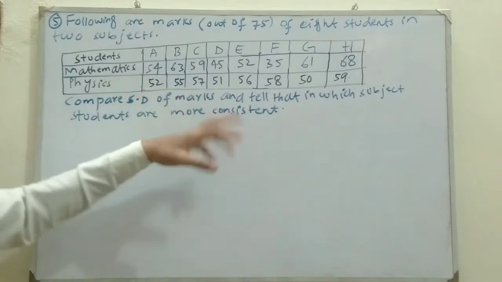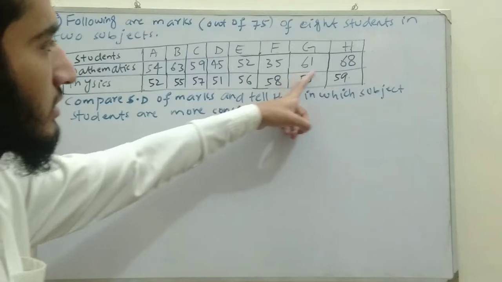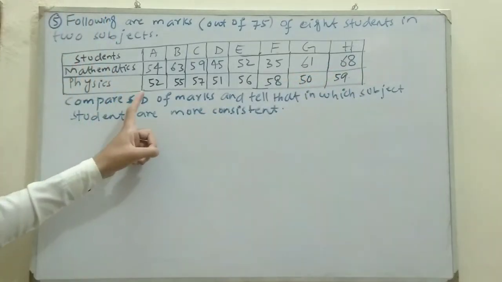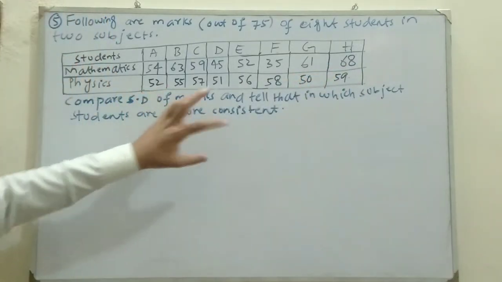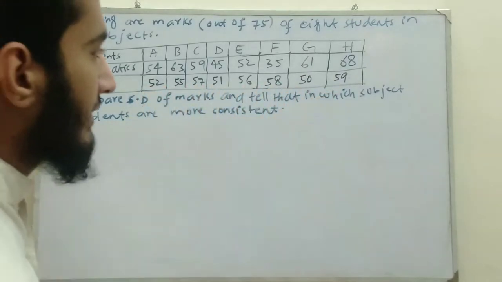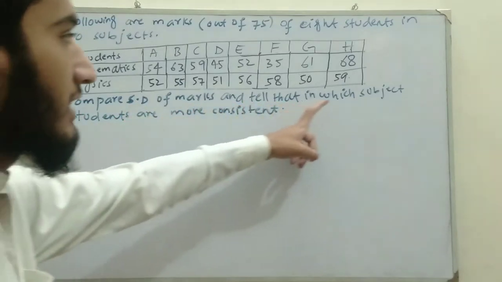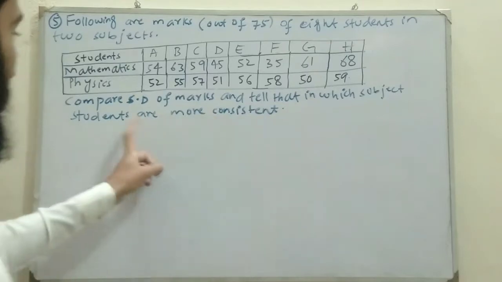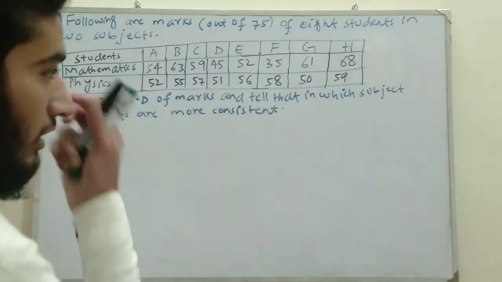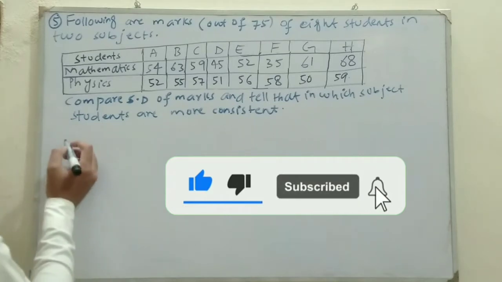In mathematics, the student average marks are 54, 63, 59, 45, 52, 35, 61, 68. And in physics subject, the average marks for the 8 students are 52, 55, 57, 51, 56, 58, 50 and 59. And that tells that compare the standard deviation of the marks and tell that in which subject students are more consistent. So we are going to find the standard deviation for mathematics subject students and physics subject students. So first we are going to find the standard deviation for mathematics subject students. So solution,